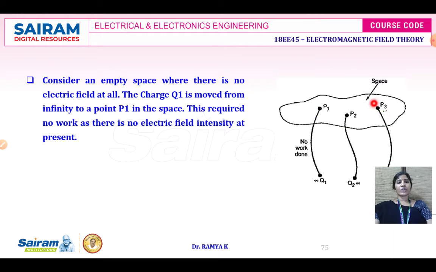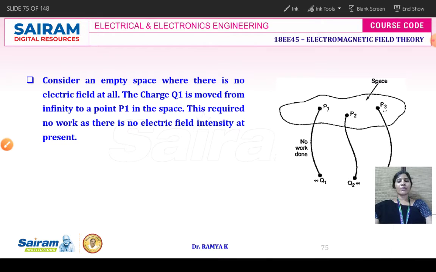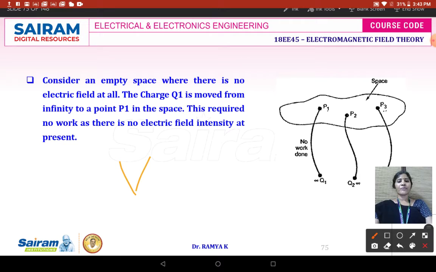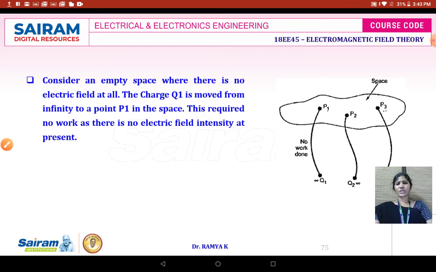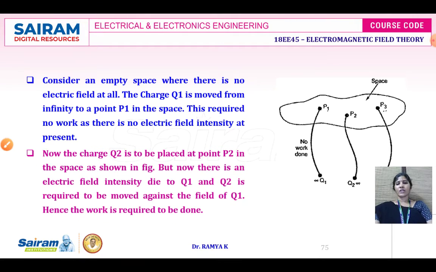The potential V will be due to the Q1 electric field. If Q3 has to be moved to point 3, it has to overcome both the potentials. So at this particular point, the potential at Q3 can be written as V3. It is going to be Q3 V23 plus Q3 V13. Like this, the expression will get framed up.